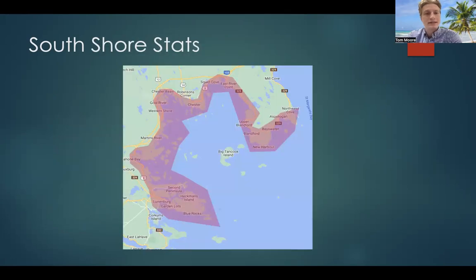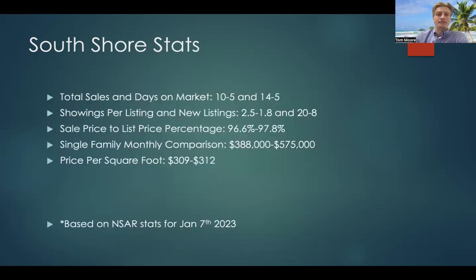South Shore stats. So this is kind of cottage country. This is one of the ocean cottage country, about an hour away, primarily a divided highway. And it's very beautiful down here. Total sales, we saw 5, days on market was 5. Showings per listing, 1.8, and new listings 8. That's pretty high for this ocean. Well, they've got Lunenburg and Mahone Bay there. Sale price to list price percentage,